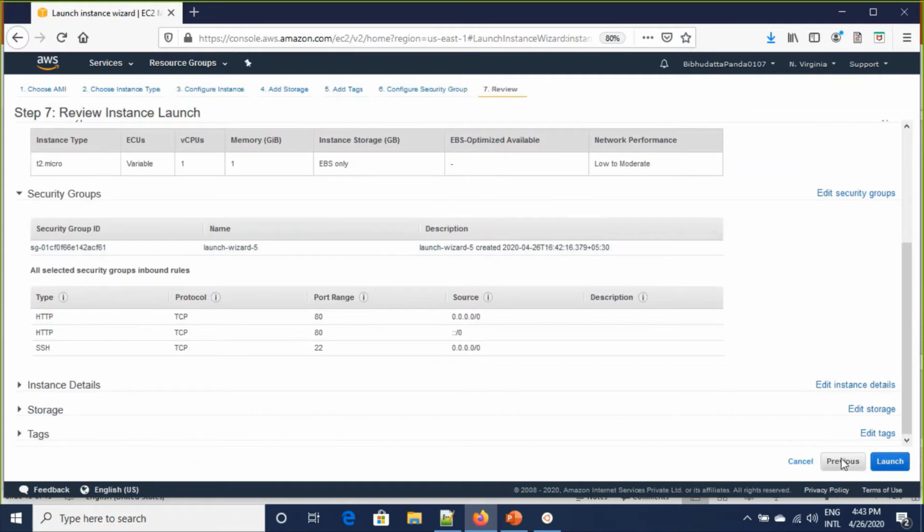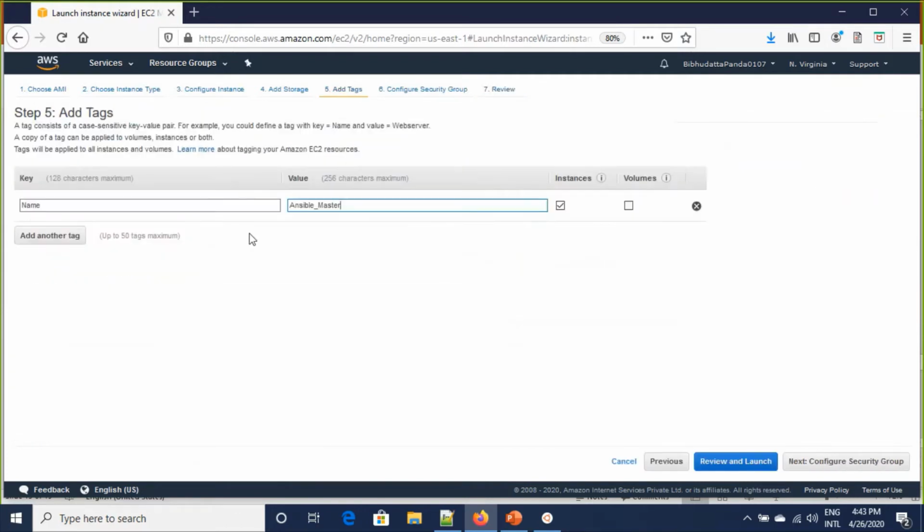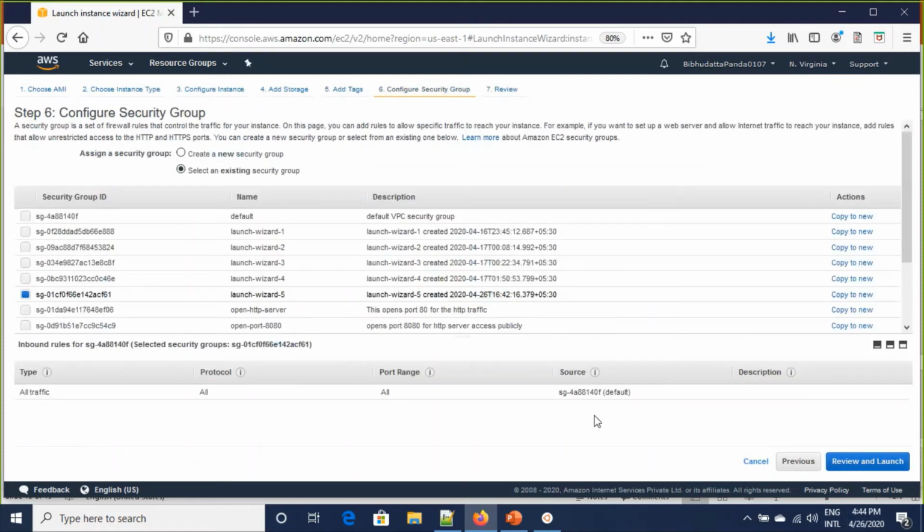I'm just going to edit the tag. Just cross check the security group. Yeah, it is HTTP and SSH. Launch.